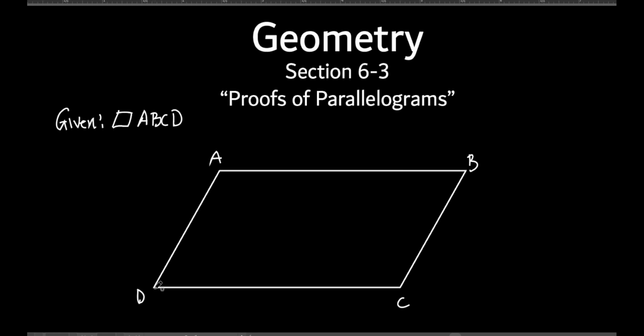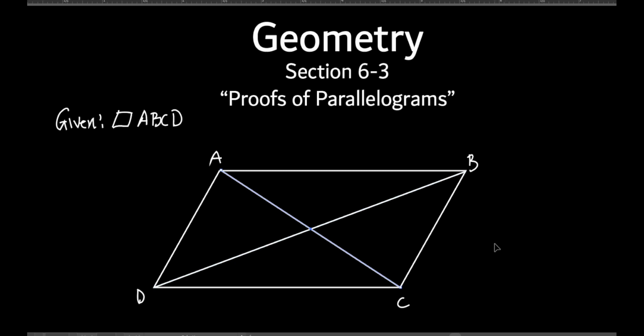What if I had diagonals in here? I don't have them right now, but what if I have diagonals in here? If this is a parallelogram, listen to me. This is the difference between what we did earlier and what we're doing today. Before, in 6.2, they told you it was a parallelogram. Then I could tell you all the opposite sides are equal, all the opposite angles are equal, consecutive angles are supplementary, and all this stuff we just talked about. But I could also tell you something about the